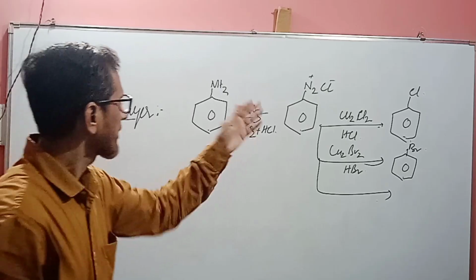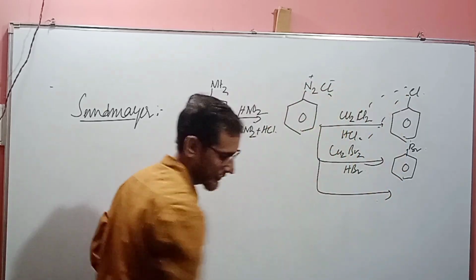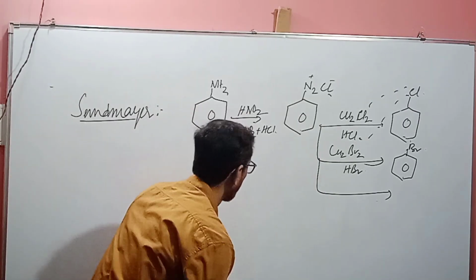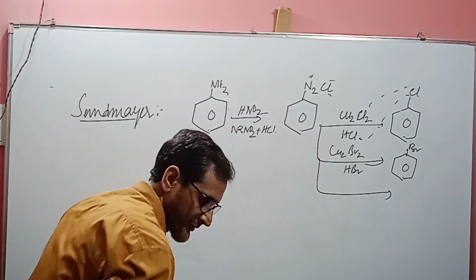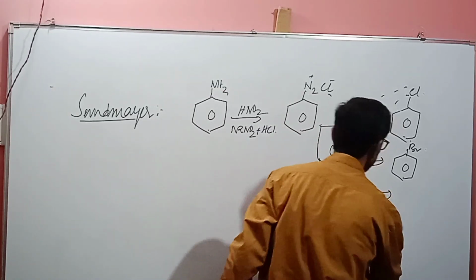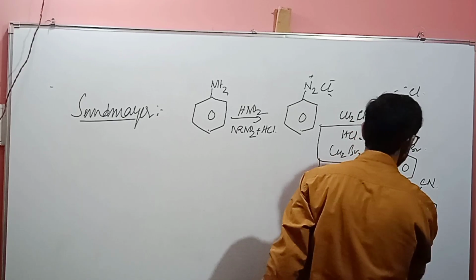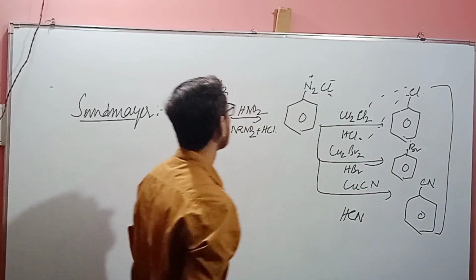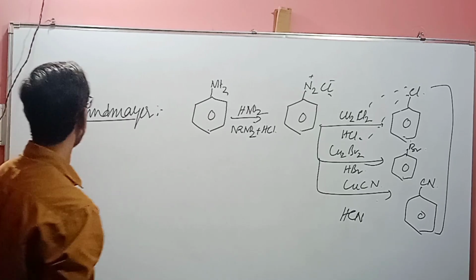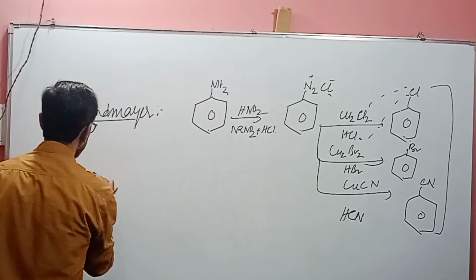Mind that the chlorine here has arrived from this one, not from this. Cyanobenzene. These types of reactions are from the Sandmeyer reaction, and if it is Gattermann reaction,